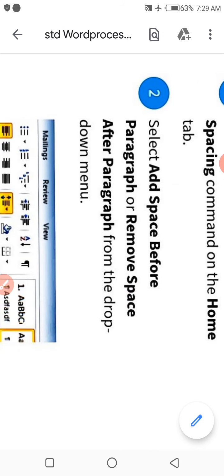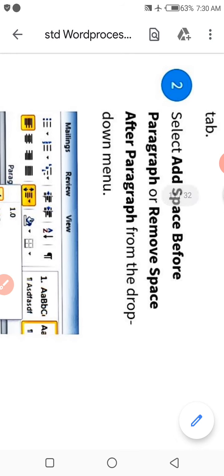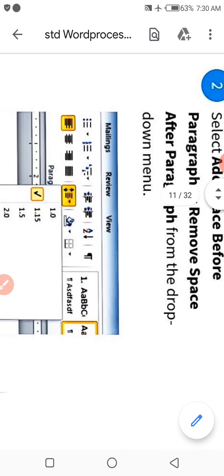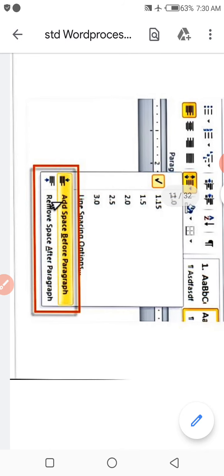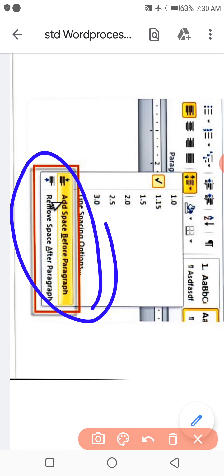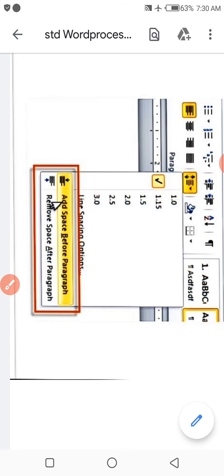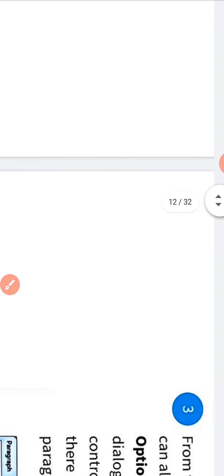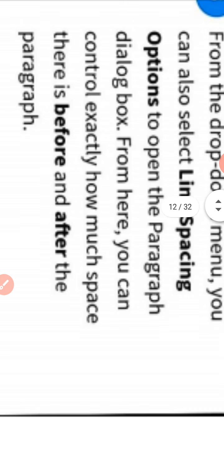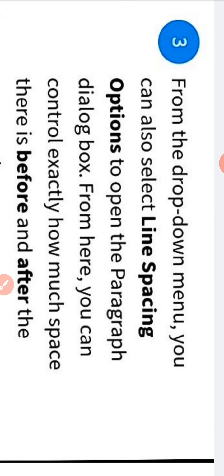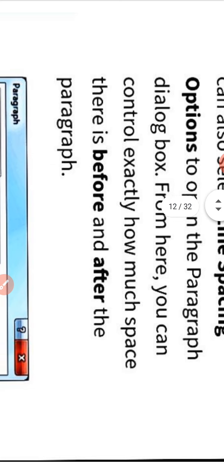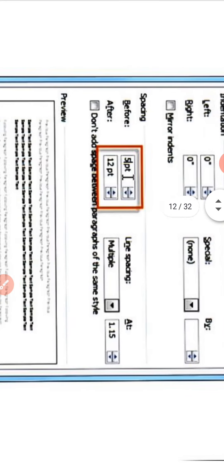Select Add space before paragraph or remove space after paragraph from the drop down menu. From the drop down menu, you can also select line spacing option to open paragraph dialog box. From here, you can control exactly how much space there is before and after the paragraph.